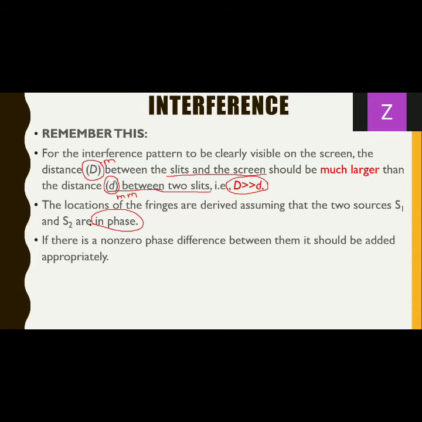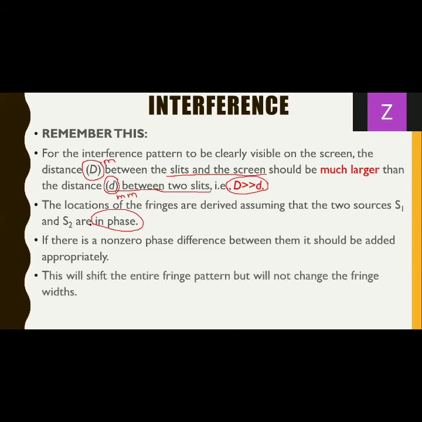Or sometimes it is also done that 50% is added to S1 and 50% is added to S2. That addition should be done by chance if there is some phase difference and they are not properly coherent. So what will happen if there is a phase difference? If they are in phase, no issues, there won't be any problem. But if there is a non-zero phase difference and it is added, then the entire fringe pattern will shift